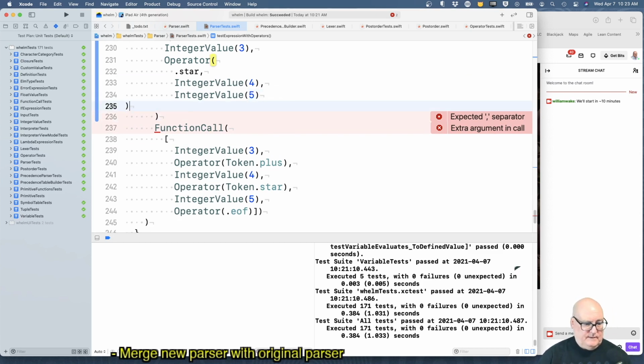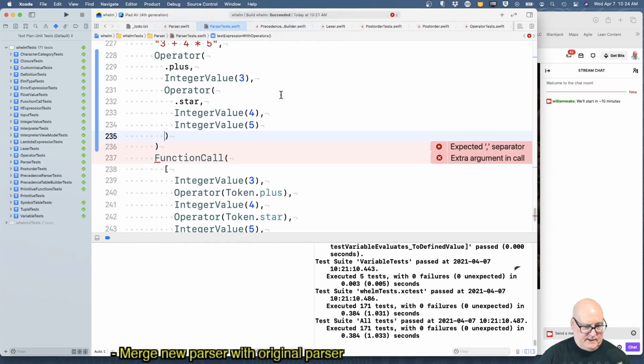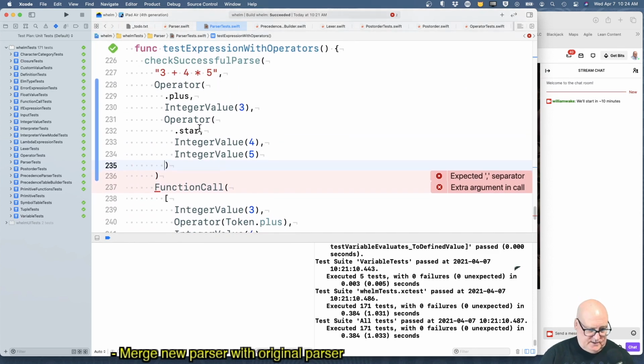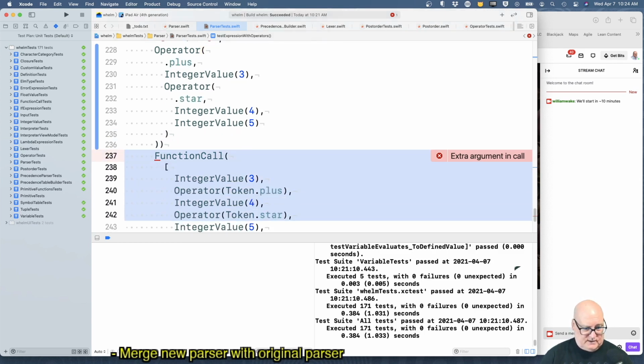Right, okay, so a parse of 3 plus 4 times 5 should be an operator plus with an integer on the left, and then the right-hand side of the tree is an operator star with an integer 4, 5. Close that one, close that one. Let's close successful parse, and this thing should go away.